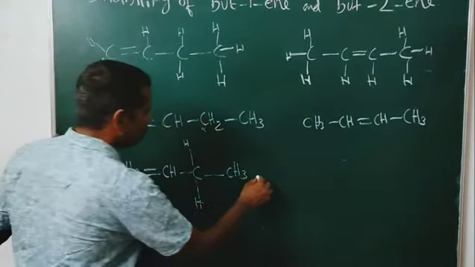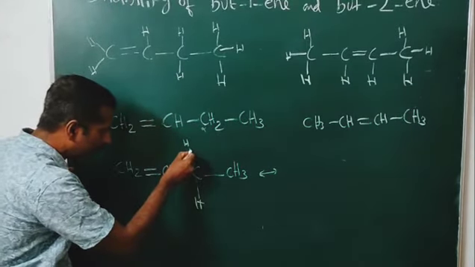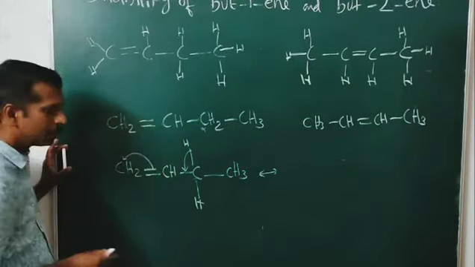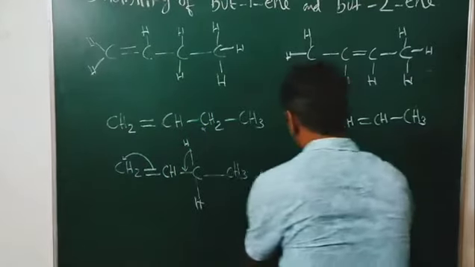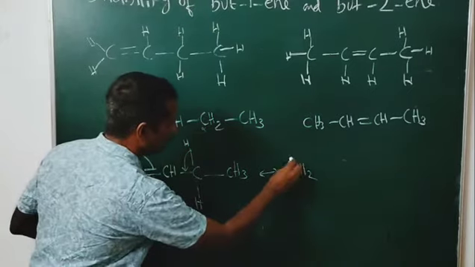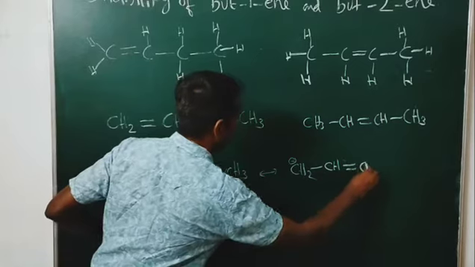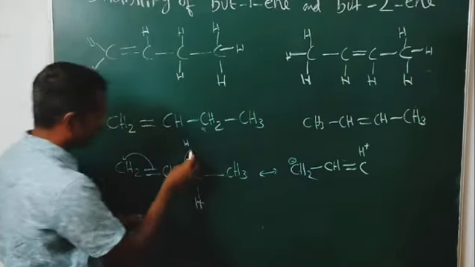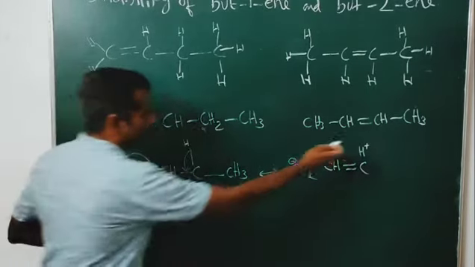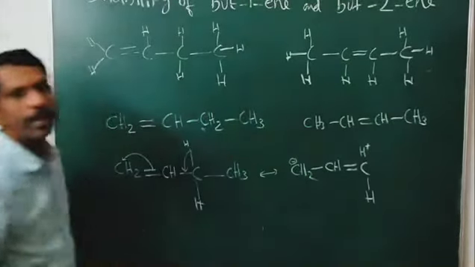And look at here, what are the canonical forms? What is the hyperconjugation interaction? You can see that this bond breaks from hydrogen and shifts to here, so you get the first canonical form. When this bond shifts to here, it is CH2 minus, and here CH=C, and here H plus. The bond breaks and shifts to here, so this H becomes H plus, and here it becomes a double bond. This is one canonical form.